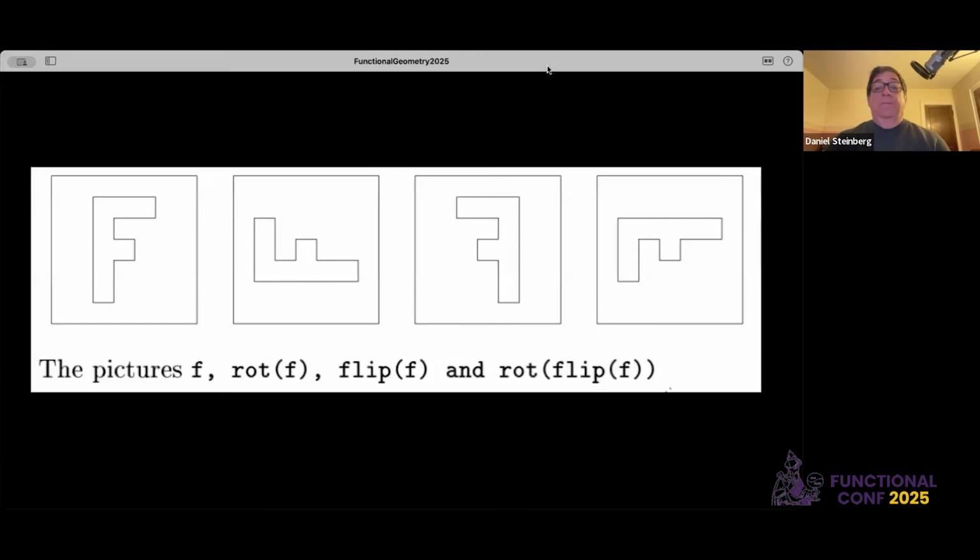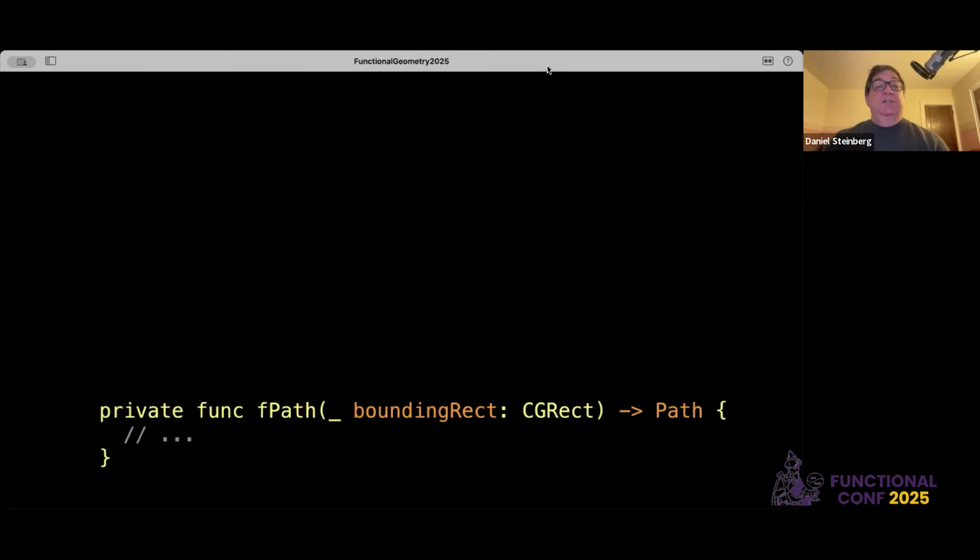The first four pictures he suggested were these: F, the rotation of F, flipping F in the horizontal direction, and then flipping it in the horizontal direction and then rotating it. So let's see if we can get these four pictures. The F we pretty much have, that F path that we had before, it just needs to know the bounding rectangle. And the way we do that in SwiftUI is we say,